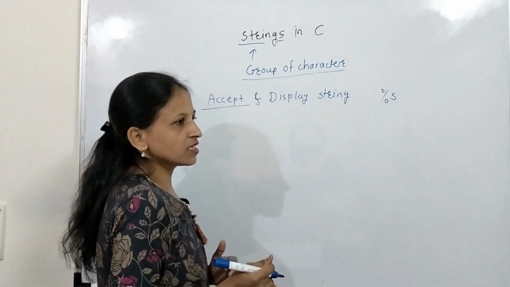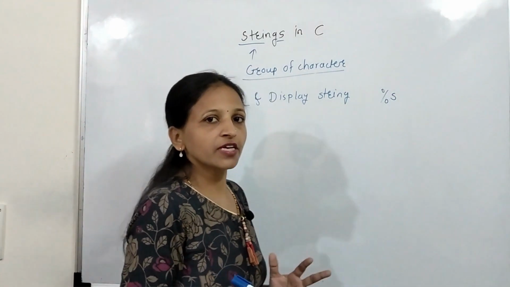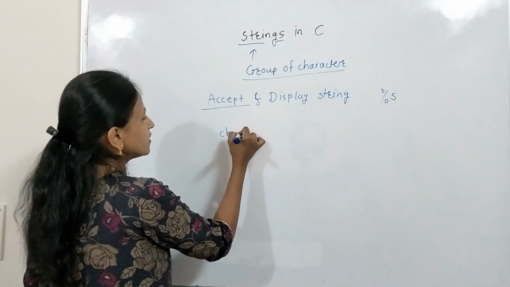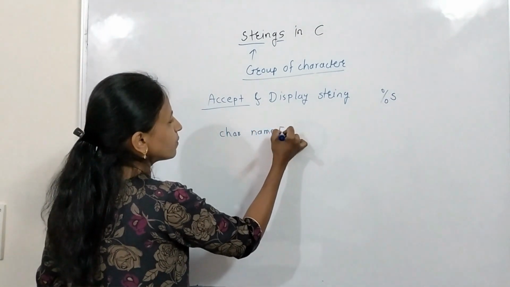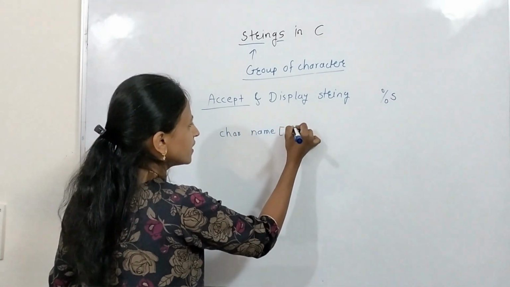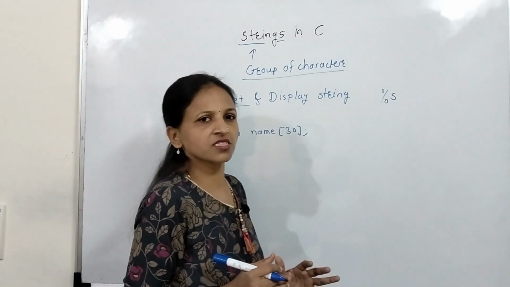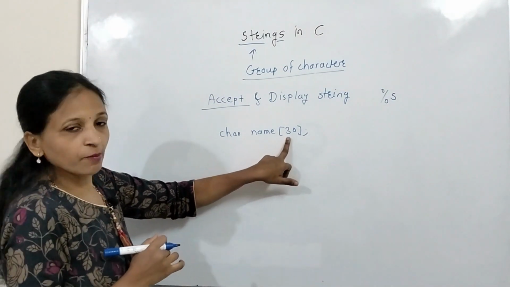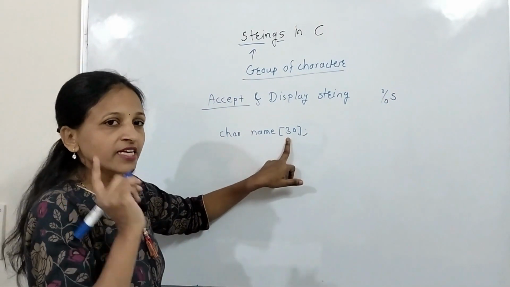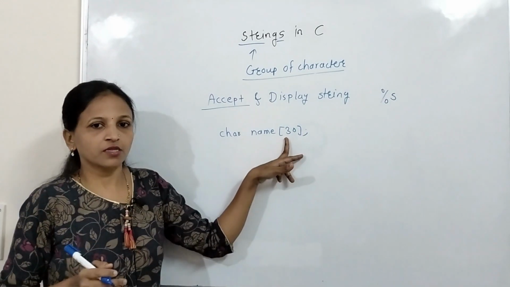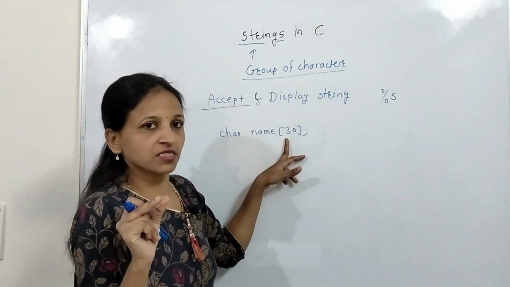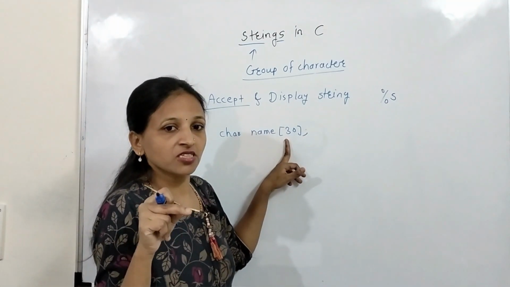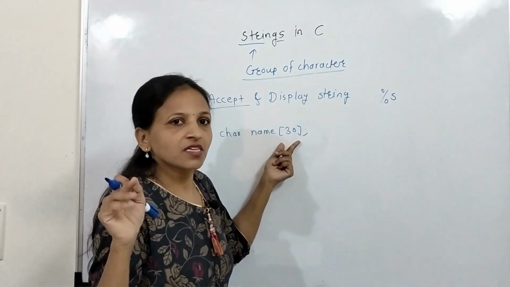Let's say I want to accept name of a student, then we will declare one character array for that. First, how? Let char, then name, and here in square bracket we mention size. For example, let's say I am writing here 30. I am just considering size of that character array, maximum number of characters. Here this string is capable of holding maximum 29 characters, not 30, because the last one space, whatever byte, that should be there for termination, means for \0 character, that is a null character.